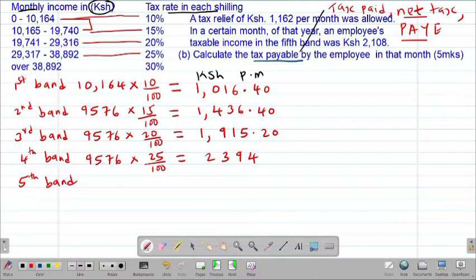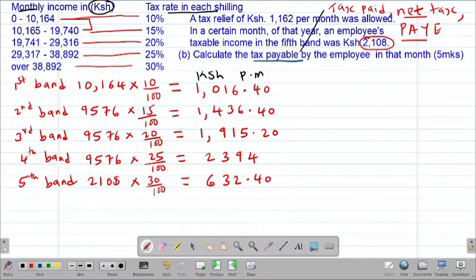Now in the fifth band, of course, we were given the taxable income, which was 2108. So we'll have 2108. Then of course, multiplied by the tax rate, which is 30%. So times 30 over 100. You feed this on your calculator. Your calculator will give you 632 and 40 cents. Remember, the first amount can also be gotten by taking the taxable income minus